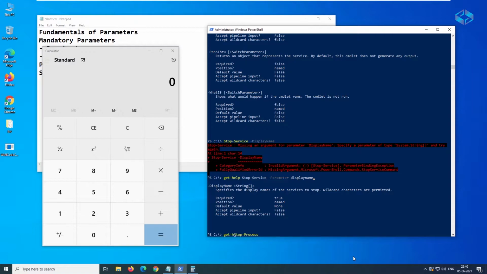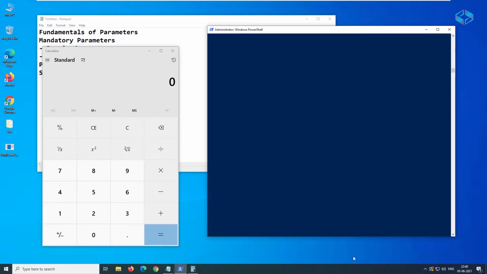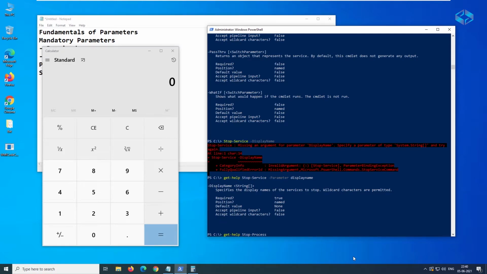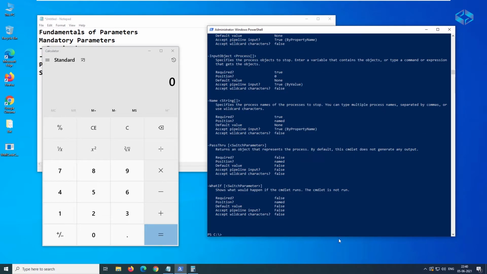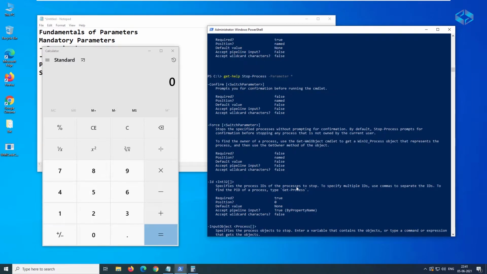Now let's say Get-Help Stop-Process -Parameter *. You will get all the details of the parameters available in this particular command.